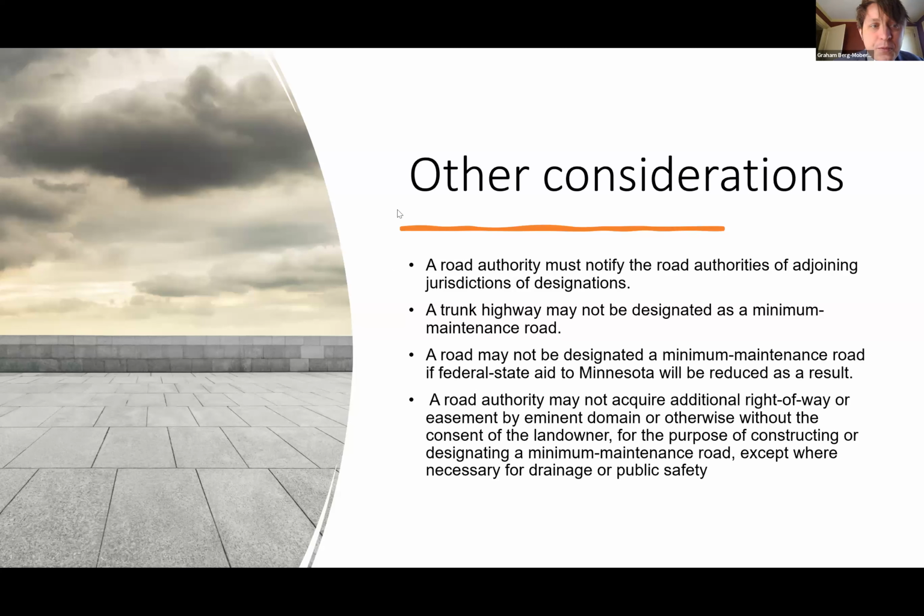Okay, there we go. Statute doesn't define for us what counts as an adjoining jurisdiction, so we tend to take the view that you should send it to the neighboring townships, cities that share a boundary, and then the county as well. That may seem a little bit excessive. Given that we're dealing with an ambiguity, it's best to be belt and suspenders cautious. You don't want to be in a situation where you are relying on that liability limitation, and the court says, actually, no, you needed to do this a different way, right?